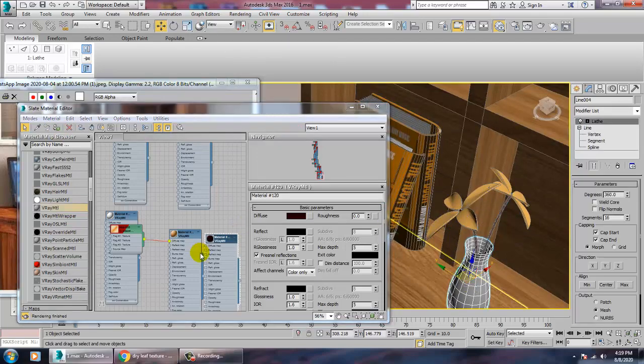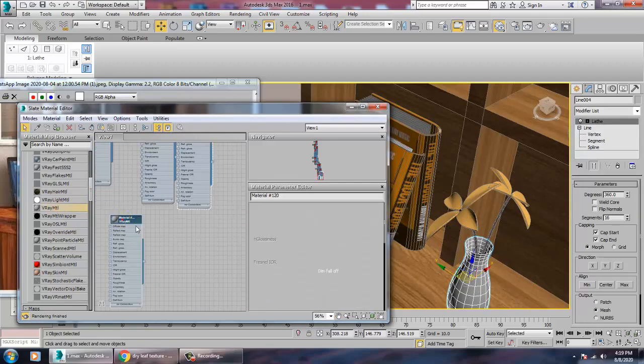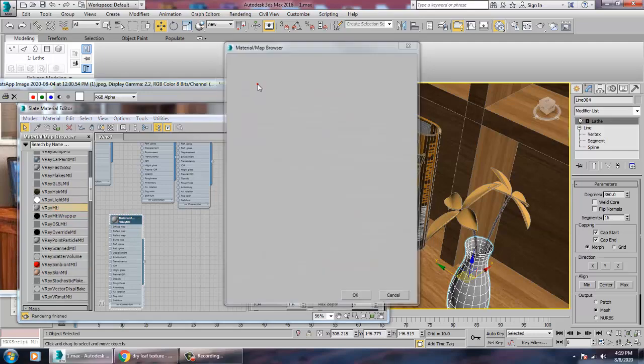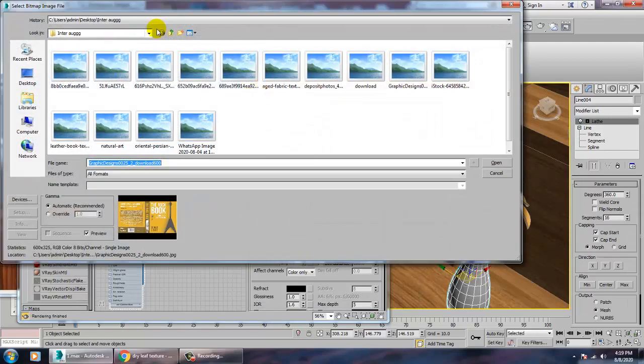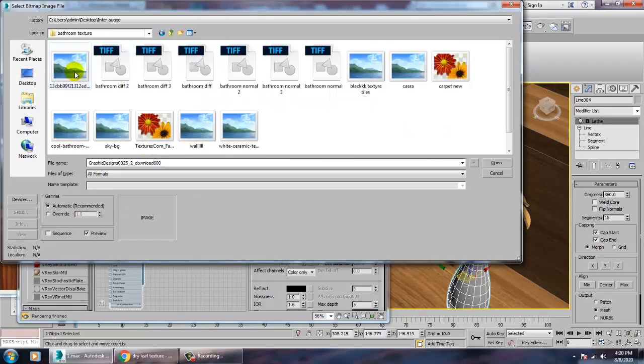And on top of this, if you want to give any kind of a ceramic material, you can go for the vase as a ceramic material.